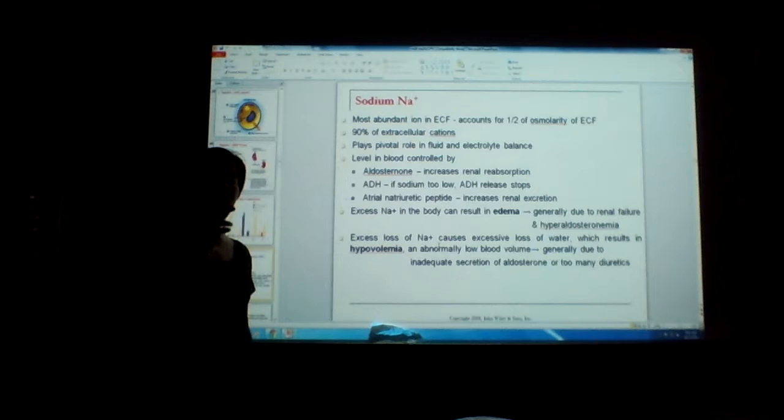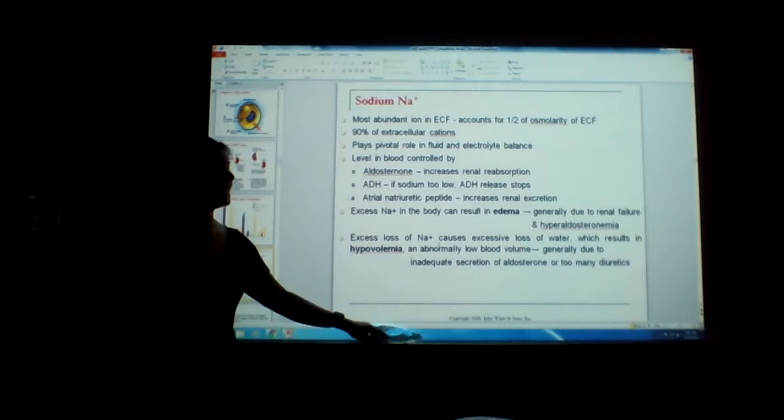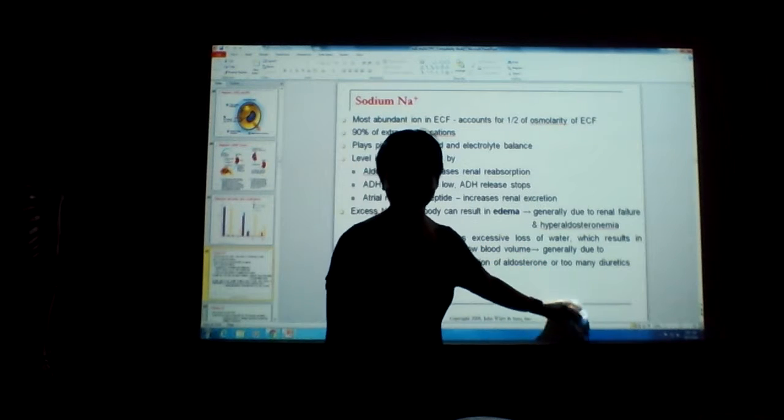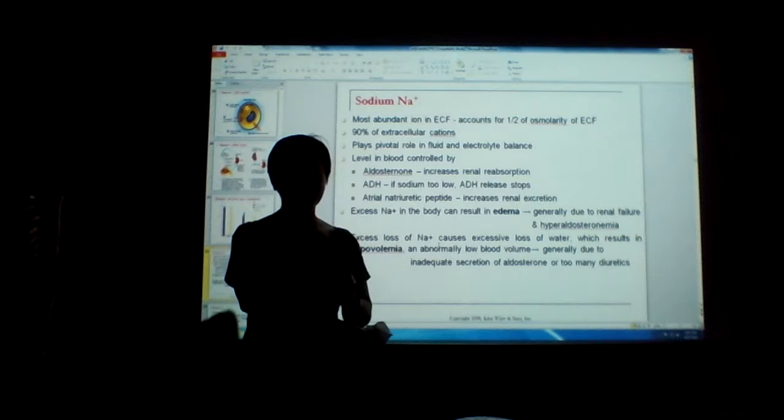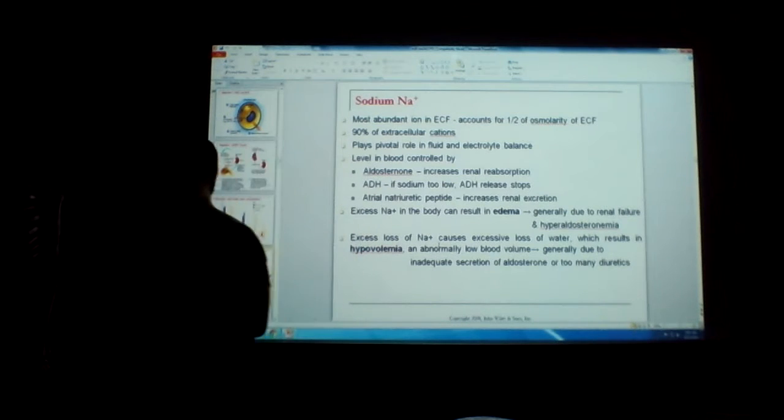When you read your book, you will see that sodium deficiency and sodium excess will affect your nervous system, your heart, muscle, etc. But the first thing that should come to your mind when you start practicing, when a patient comes in with a sodium imbalance, is to look at blood pressure right away. This is the key for maintaining blood volume. You know, salt attracts water. When we eat something salty, we feel bloated. So always think blood volume.